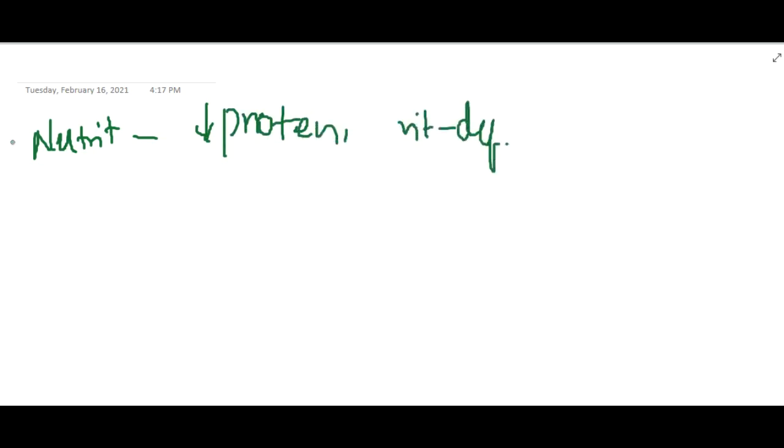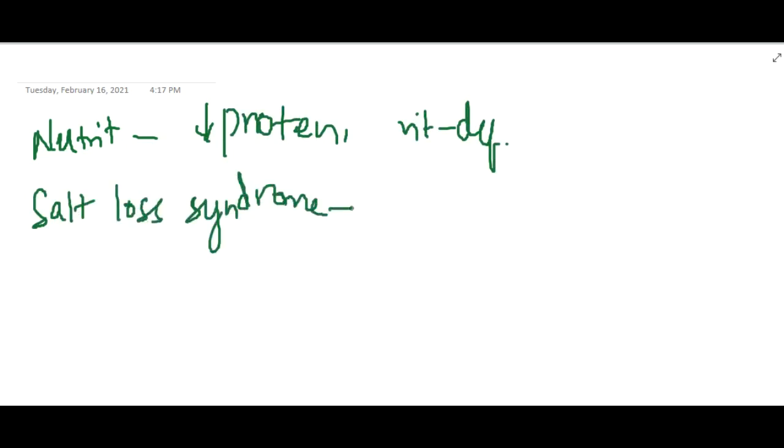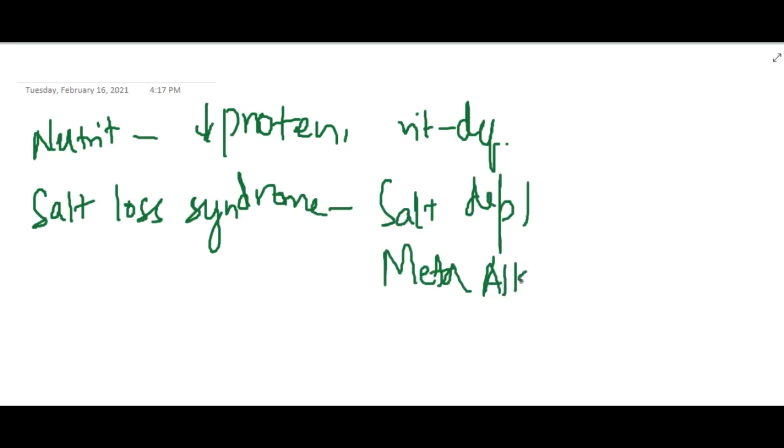Then salt loss syndromes are also seen. In salt loss syndromes, there are syndromes associated with salt depletion, and metabolic alkalosis is also seen in cystic fibrosis. Then the diagnostic criteria: there are 3 criteria. One, there should be